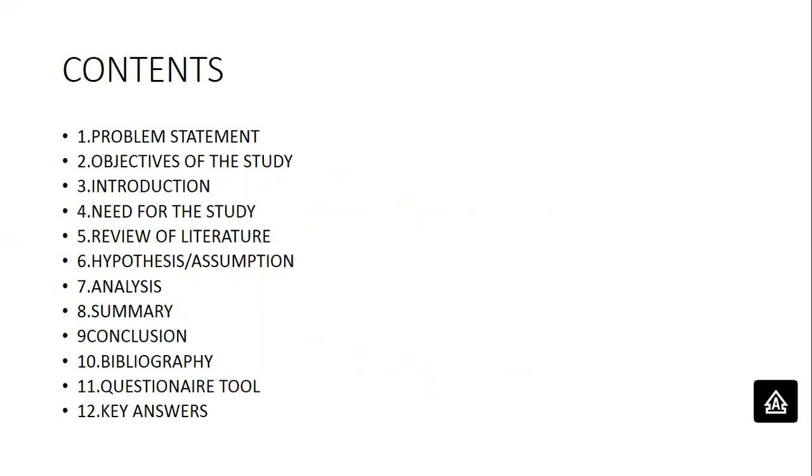And while coming to the summary, you write brief information about what you did in your research work, and the conclusion. You're going to write that so and so research work has been done among the samples, where it was done, when it was done, and by whom it was done, how many samples you have taken. Okay, so in the bibliography you're going to write what are the books you have referred to do this research work, and the questionnaire tool must be added at the end of your research work, with the key answers. Never forget to attach the key answers.